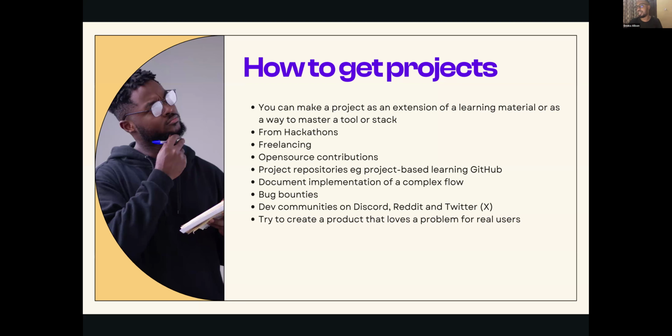Then try and create a product. Anytime I'm working on a project or learning a new stack, I try and create a product for real users. Although it's not like a startup, I'll try and get real users to use it, and sometimes they use it and bash the project and some other stuff. But from there I'm learning what they don't like about the project and I'm improving it, and by improving it I'm getting better, and the project is getting better from that. So try and build a product for users. If it's just one project you can build for users, it can go a long way in boosting your portfolio.